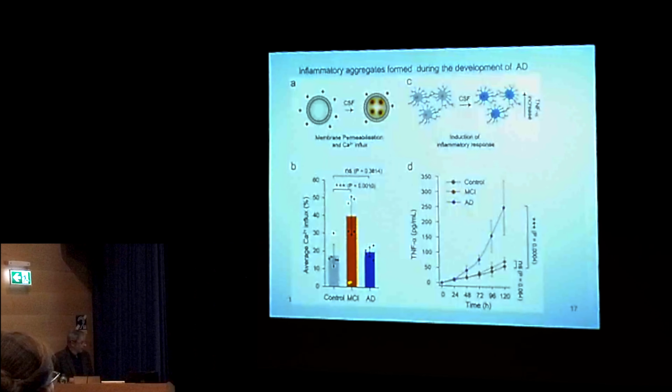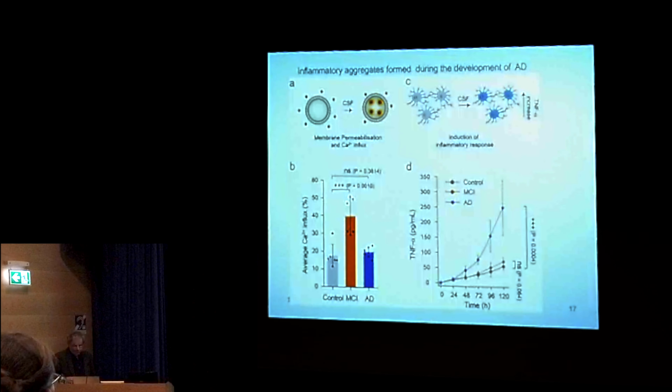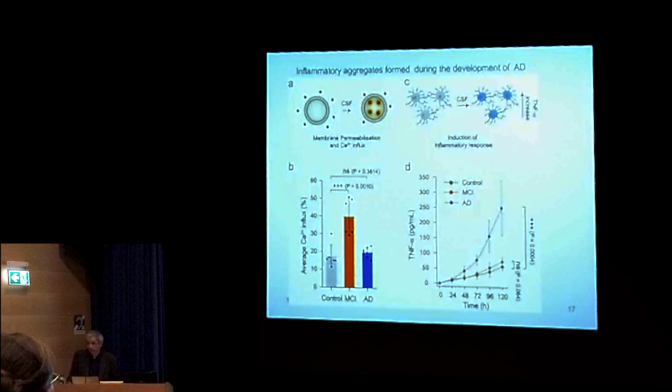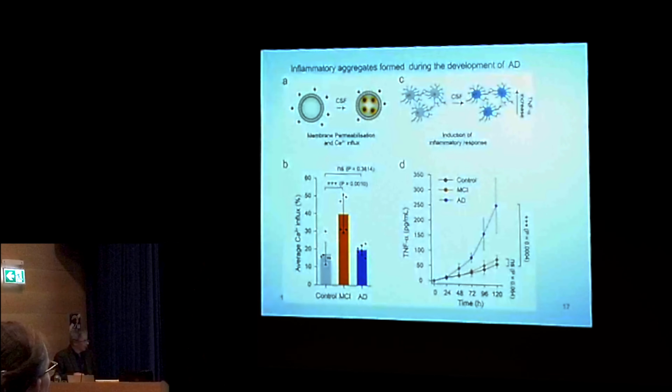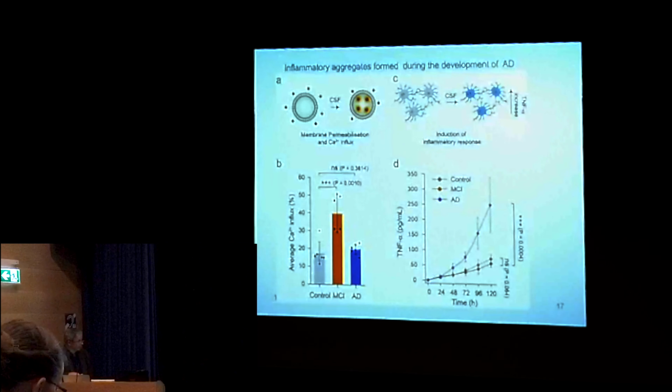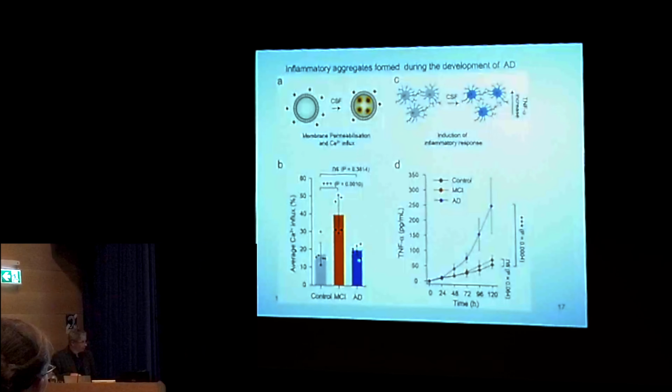So if we do this assay and we take control CSF, we see a low level of calcium entry. If we take people who are so-called mild cognitively impaired, which is on the way to developing Alzheimer's disease, in this trial we think 80% of these people will go on to develop Alzheimer's disease. We see a statistically significant increase in the amount of calcium. And if we take people who've got full-blown Alzheimer's disease, we see the same as the controls. So this was a set of people in Gothenburg in Sweden, all at 70, that we got from our Swedish